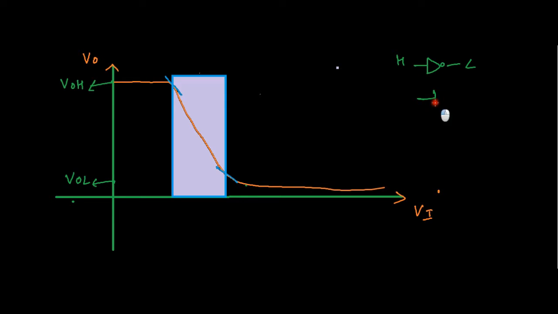So here this is the low level voltage. What is the maximum acceptable low level voltage such that my inverter output will be still high? As you can see here, if I give input, say these are 0.1, 0.2, 0.3, 0.5, etc.